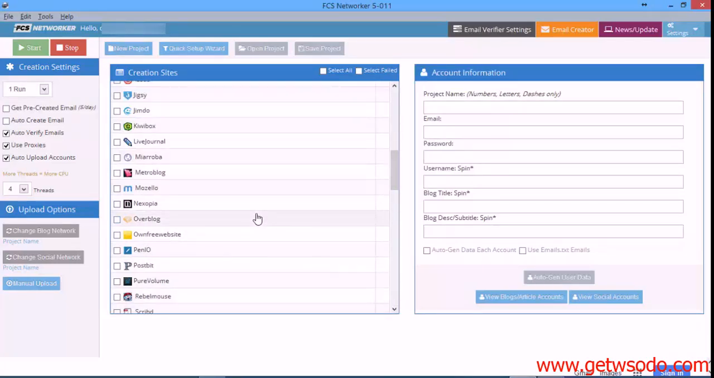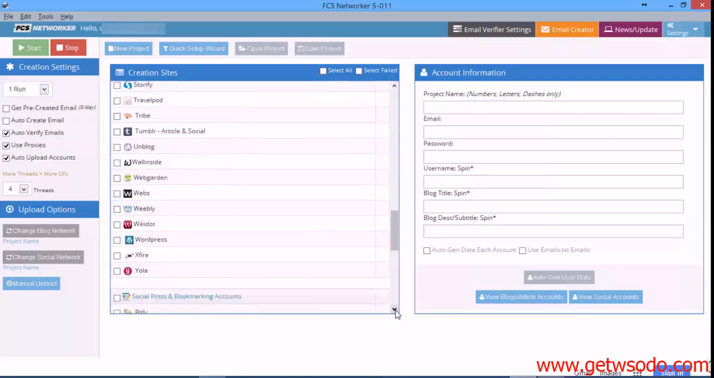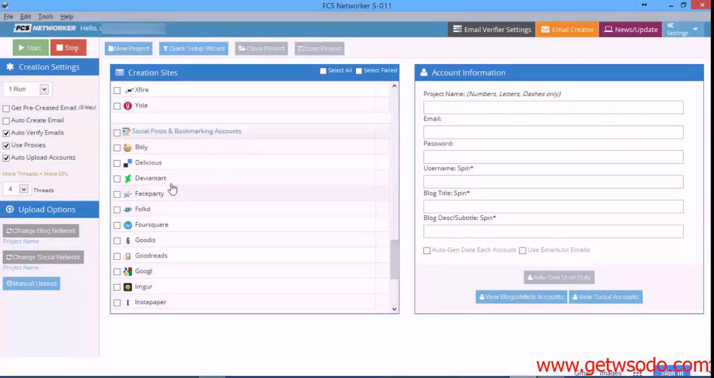They obviously all produce links. Not all of them can you actually have a clickable anchor text within, so we tend to make a note of which ones they are. Rebel Mouse is very good. Pen.io, I presume that's the right way you say it. Storify is good. Tumblr is good. So they're all the Web 2.0s, and below that